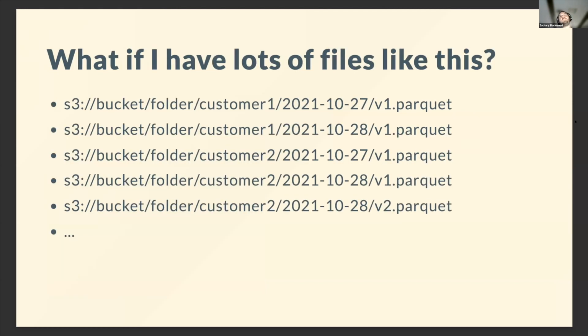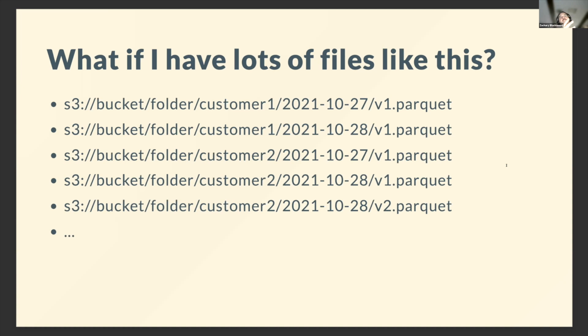But there was a particular use case that wasn't entirely solved with this. We have a lot of cases where we have a lot of data in S3 and some on disk somewhere, and it would often be stored in a structure like this, where you have a certain bucket, a certain folder, maybe a customer name and a date and a version. And so we had these cases where, look, here's a lot of data. It's really the same kind of data, maybe even with the same structure and the same format. But we didn't want to reference this by creating a whole bunch of separate entries in our YAML